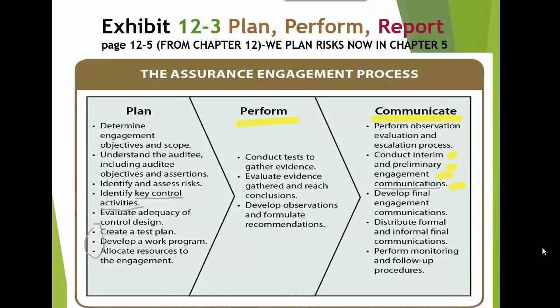And so final engagement communication. So usually what happens in the communication process is we identify the accountable executive, in other words, the person that we're working with that is accountable for this from an executive position. We also have the key department head or the key department heads. So we are communicating on an interim basis with these key department heads. Once we've